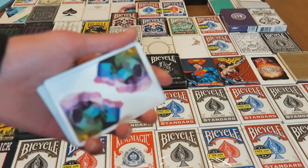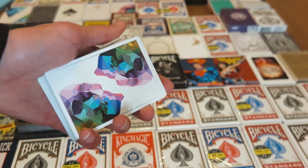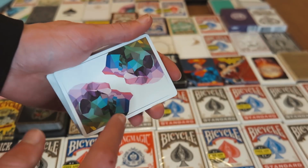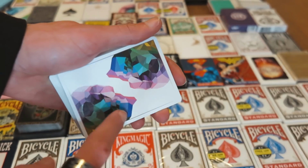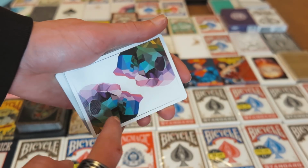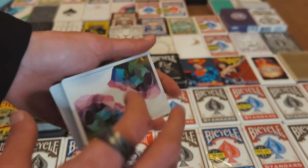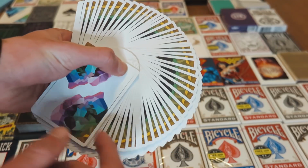So it looks really cool, and it's the only deck I've ever seen, I'm pretty sure, that does this, where the borders actually fade away as they go away from the skull. So you can see the borders fade away as they get to the corner. It's a really, really cool design, especially when you